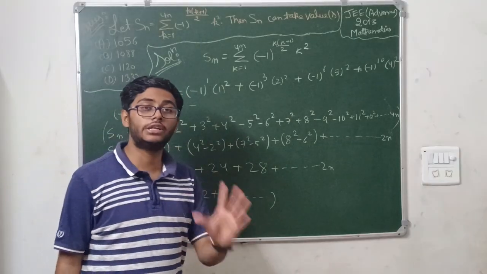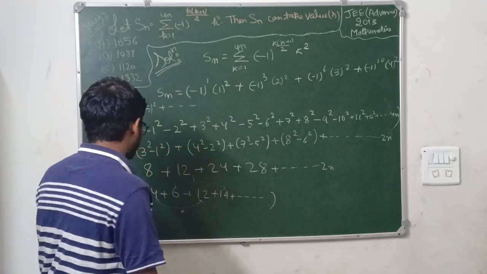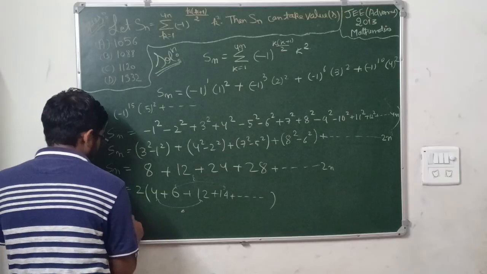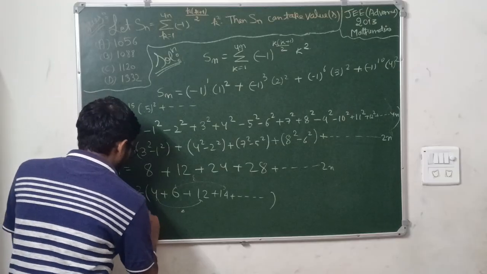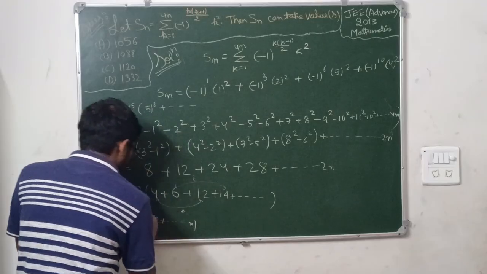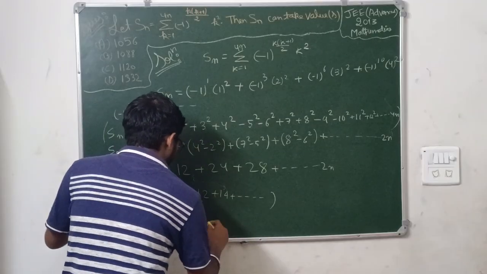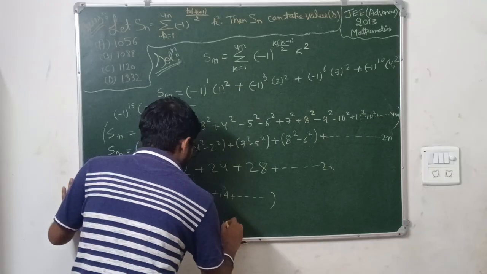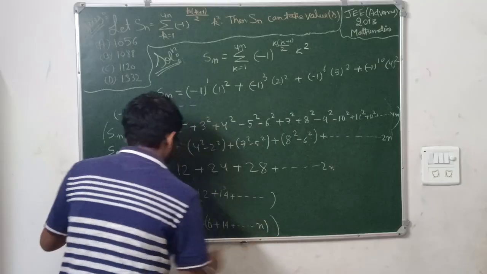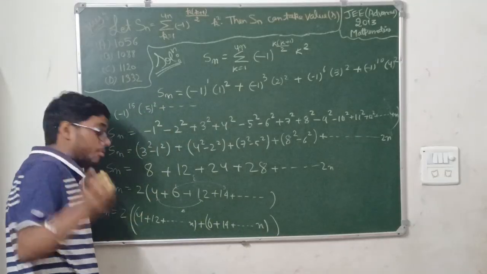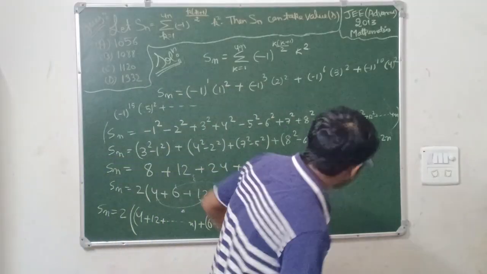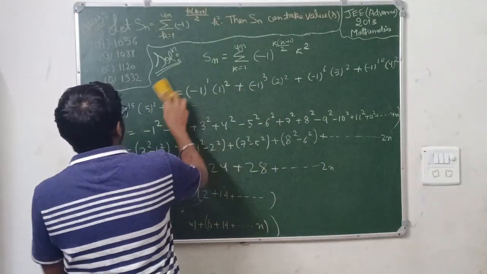Then we apply the nth term of AP formula. Okay. See what we will do here. This is what? 2 common. 4 plus 12 and so on, n terms. Okay, this is one sequence. Another is what? 6 plus 14 plus, n terms. This is another. Now we will apply the sum formula of AP in these two. And our answer will be there. See, this was a very good question.